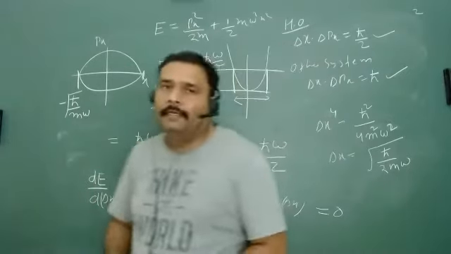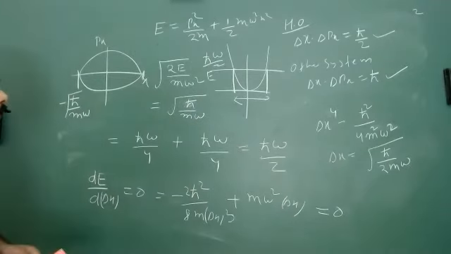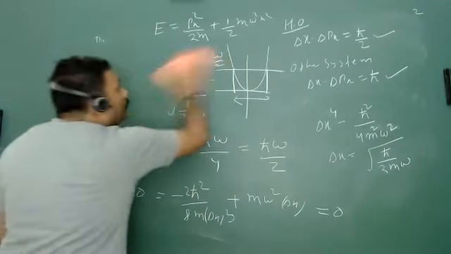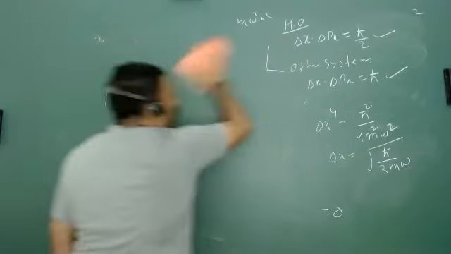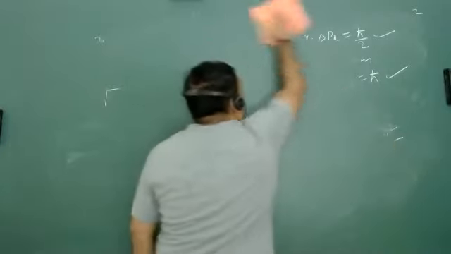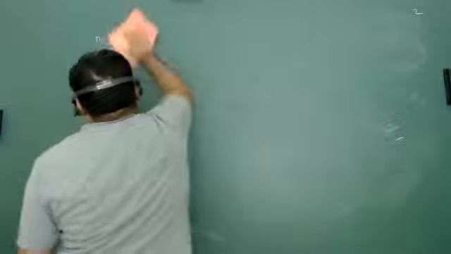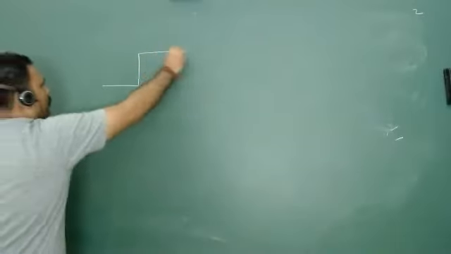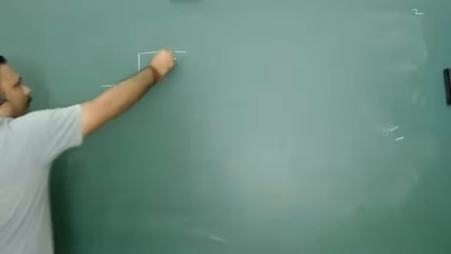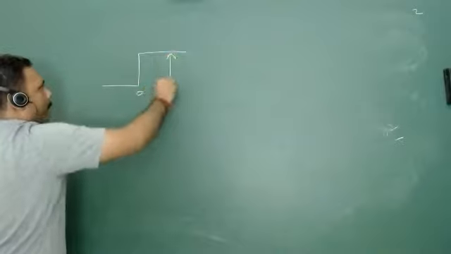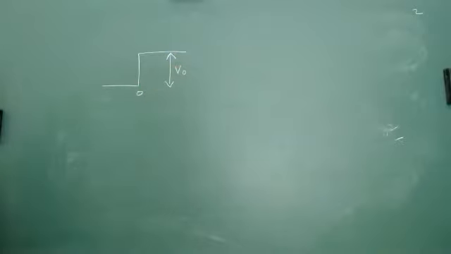Let's try to go for the last one. And each and everything we have discussed here, we will discuss in the quantum mechanical problem also. With the help of the Schrodinger wave equation and all postulates, we will learn quantum mechanics. So suppose this is your step potential, some step type of potential, and this is 0. And this height of potential is V0.